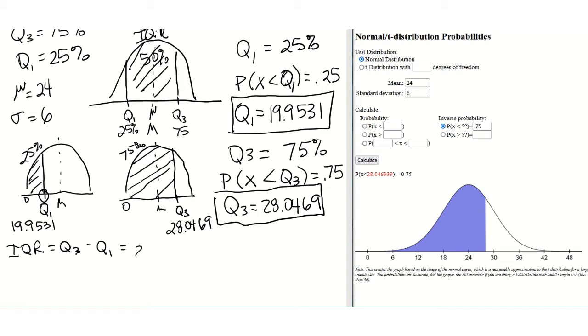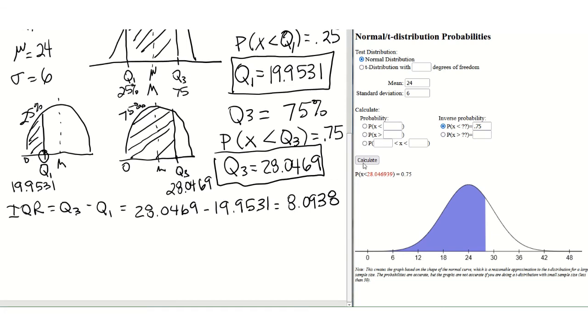So I'm just going to plug in those numbers. That's 28.0469. Subtract that from 19.9531. And that is going to give me 8.0938. So that tells me, I think I'm running out of space here. There we go. So that tells me